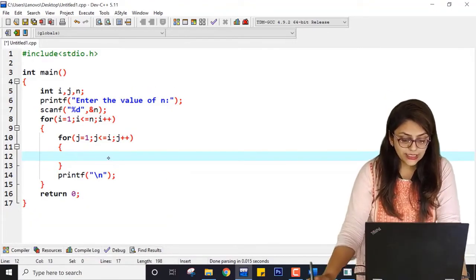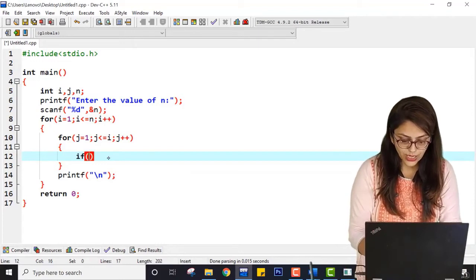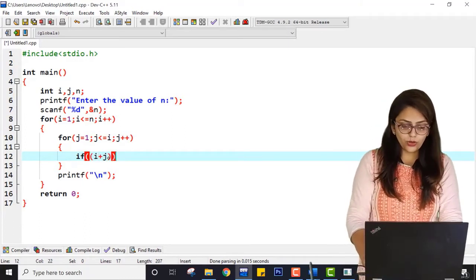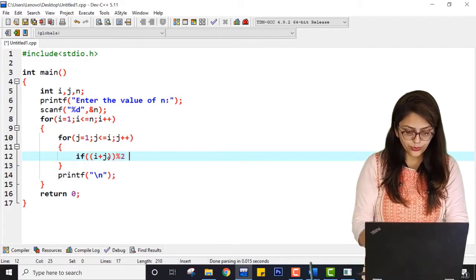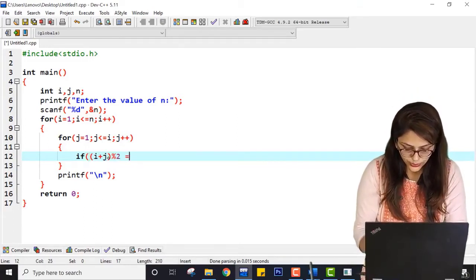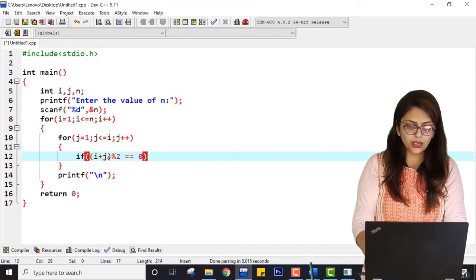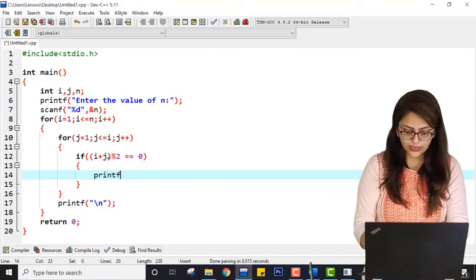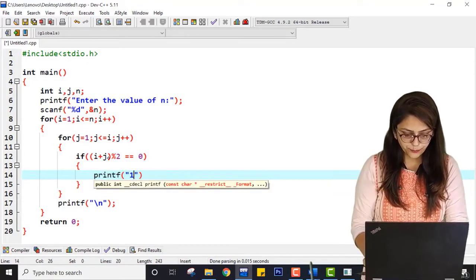So here in this loop I am checking if i plus j, I am writing it inside the bracket so that I can eliminate some erroneous code. If modulo 2 equal to 0, that means the number is even, the addition is even. At that time I'm printing 1.